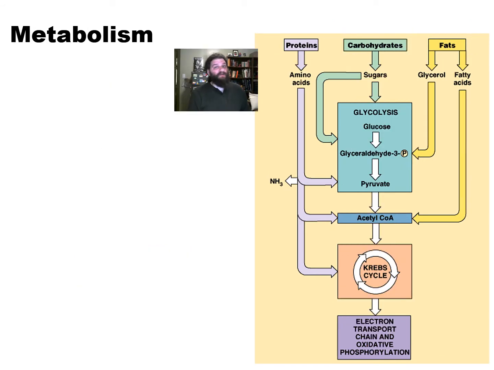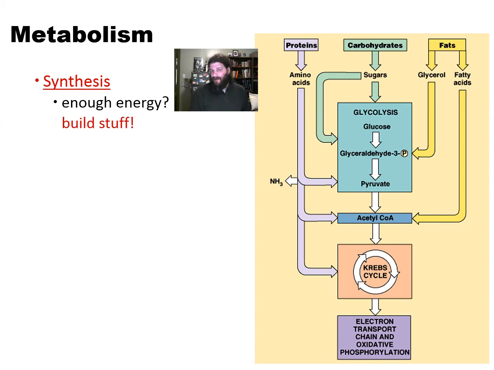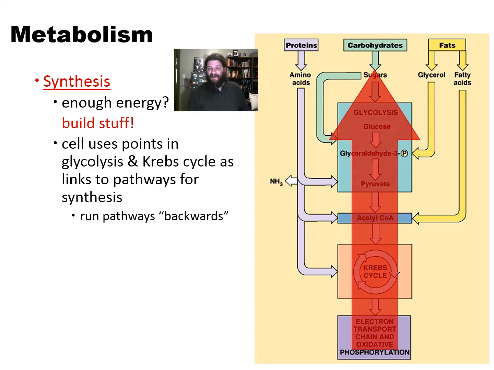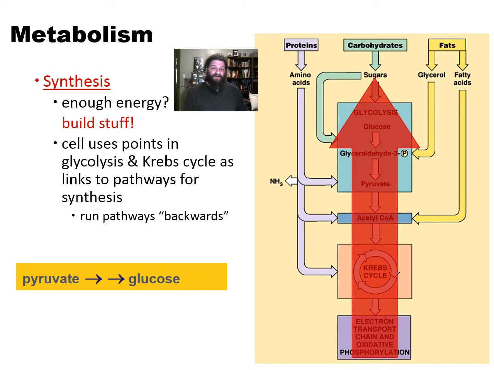So far, we've really only been focusing on the catabolic side of metabolism, but there is an anabolic side here too. If there's enough energy around, we can actually use the same respiratory pathways to build stuff, to make molecules. So we can take those acetyl coenzyme A molecules that we've taken from the breakdown of the fatty acids, and actually run the pathway backwards. And now, instead of taking glucose and breaking it into pyruvate, since there's enough energy around, I could take some of that pyruvate and run it backwards and make some glucose out of it.